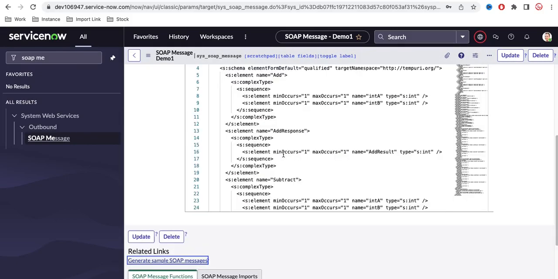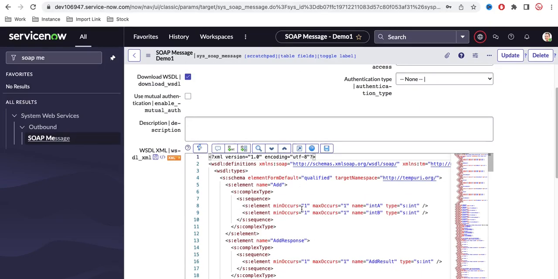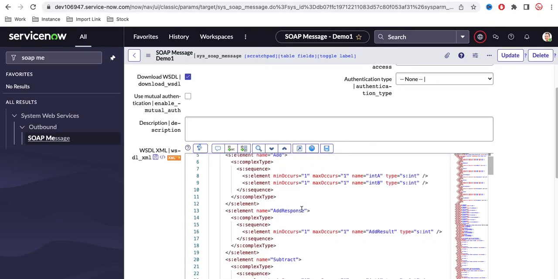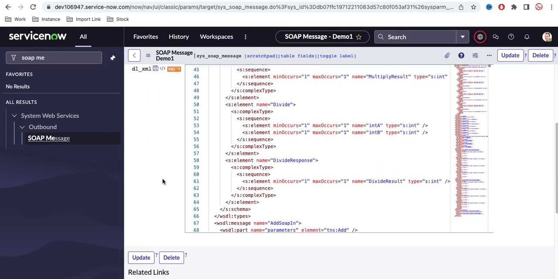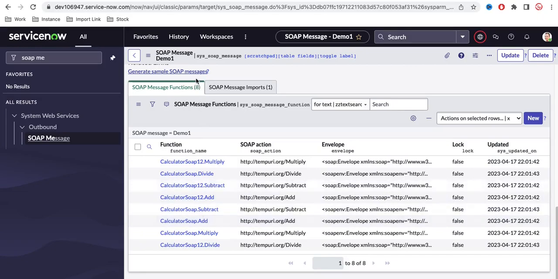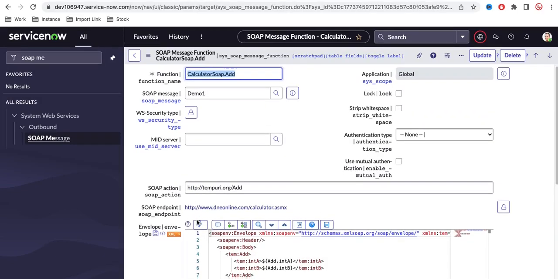Once we click that, you can see the whole WSDL, or whole XML file, is copied here, and you can see this is automatically pre-populated, and all these methods or functions are automatically pre-populated here. I can open any of these functions. So let's say, for example, I am opening this one. If you see, each function has a